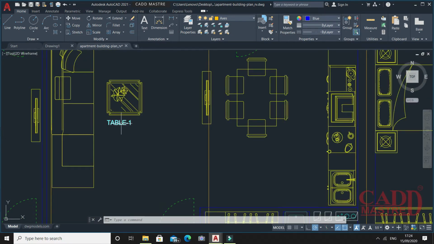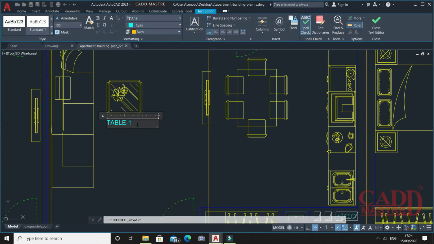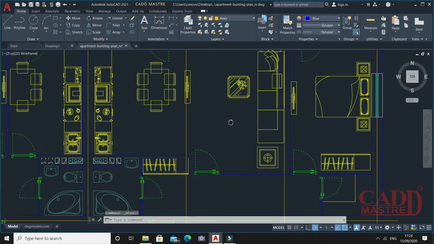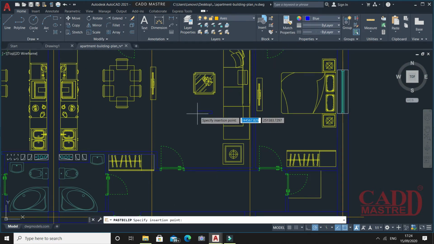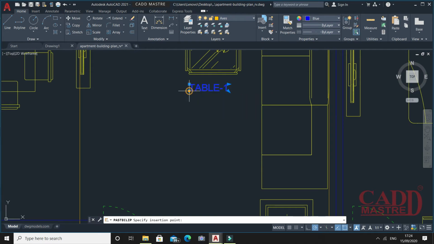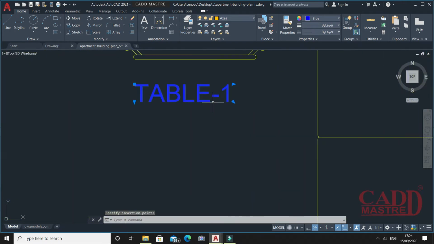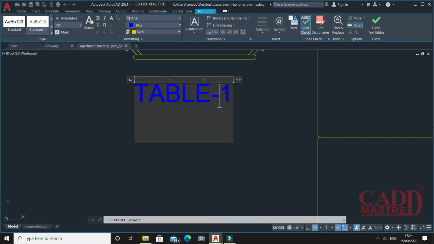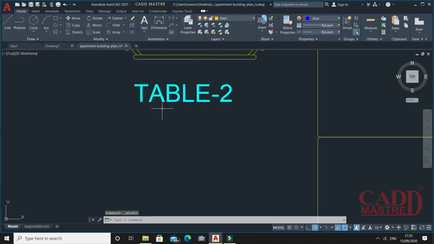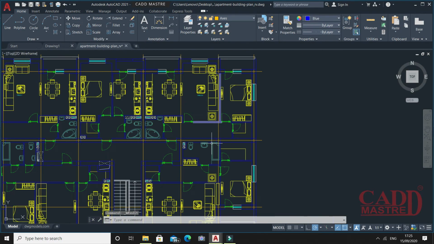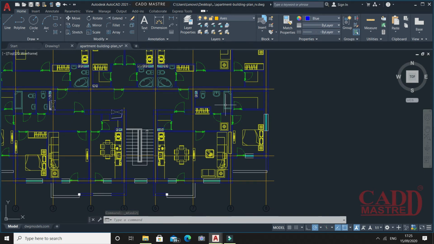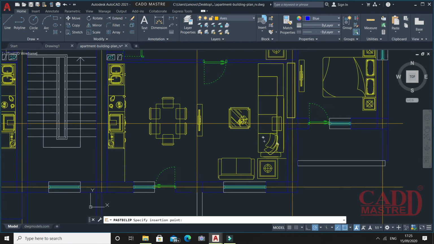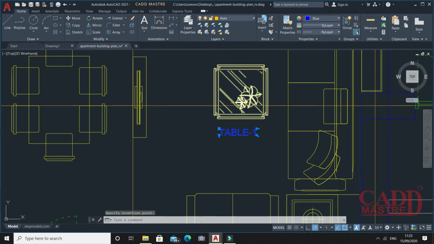Now I'll just copy this text and I'll paste it to the other location. I'll make some changes over here. Similarly, I'll paste the text just below this table.